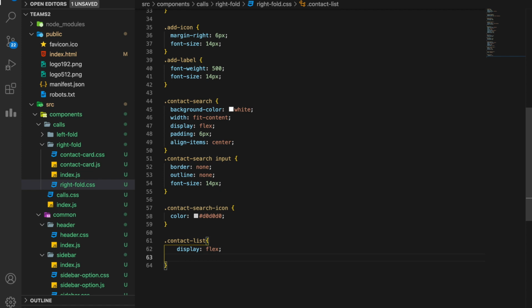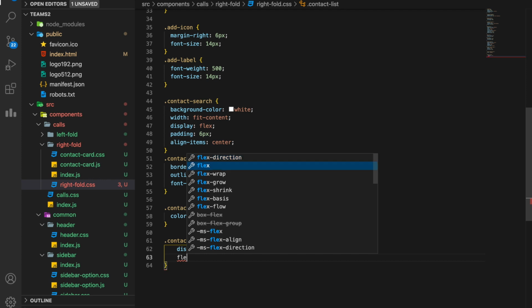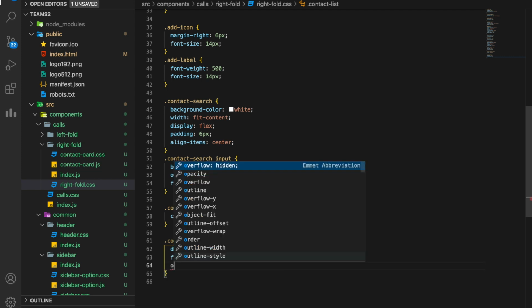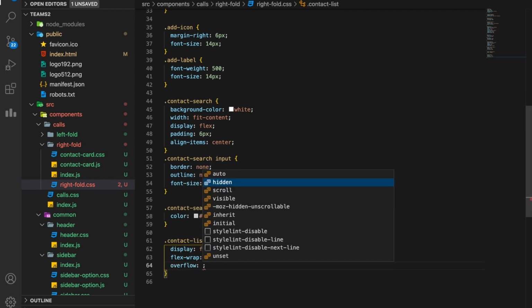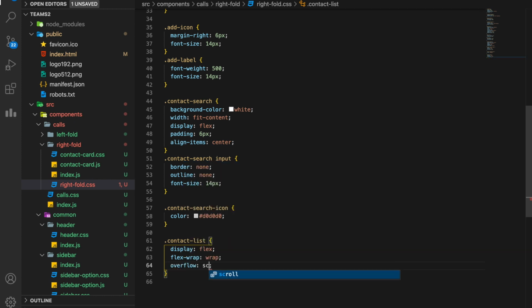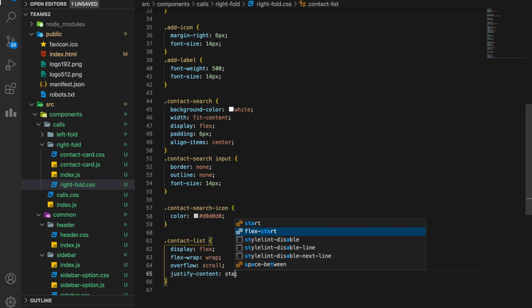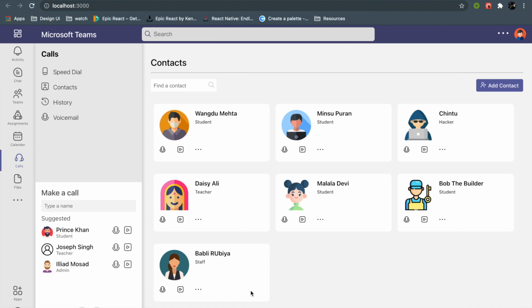You can do wonders using them. I'll give it wrap. Now wrap means if content is overflowing, it will shift to the next line, and vertically if it is too much, I want it to be scrolled. So if there are many cards, it will scroll, and I want the justify content from the start. I think we are done.